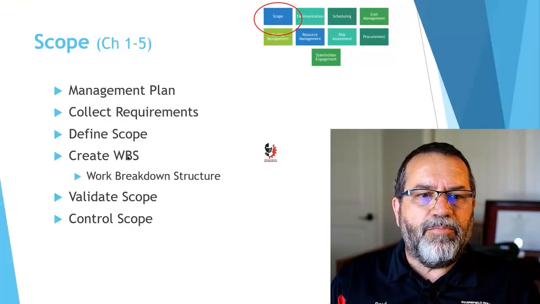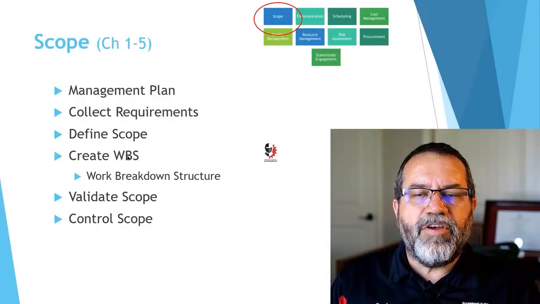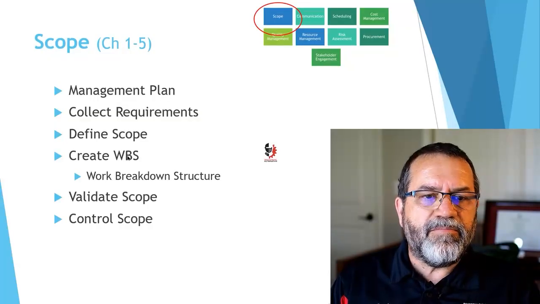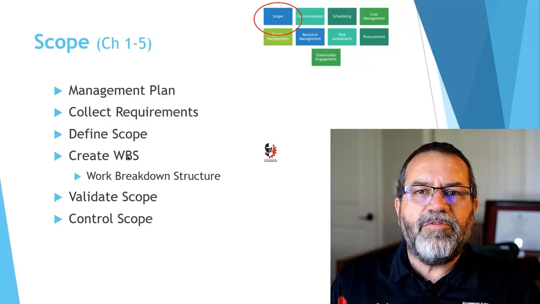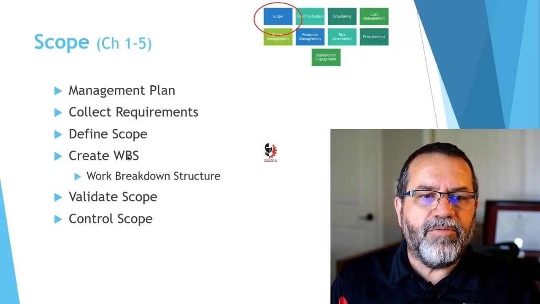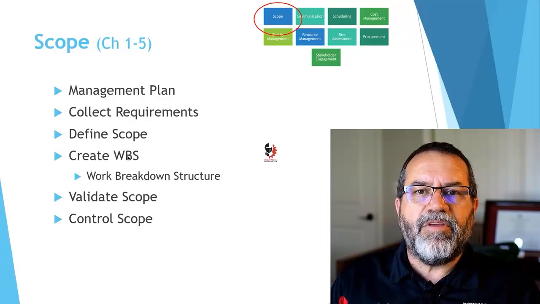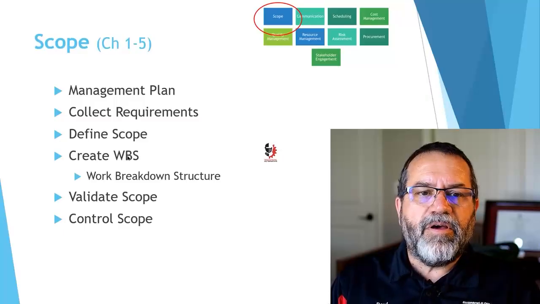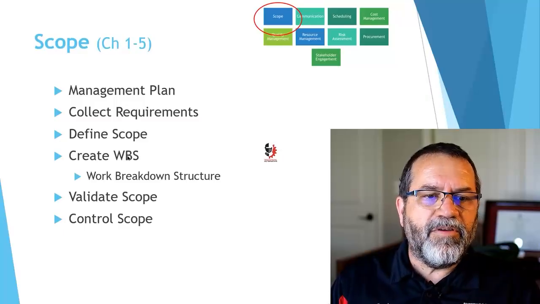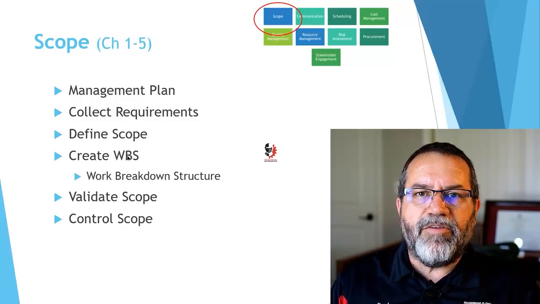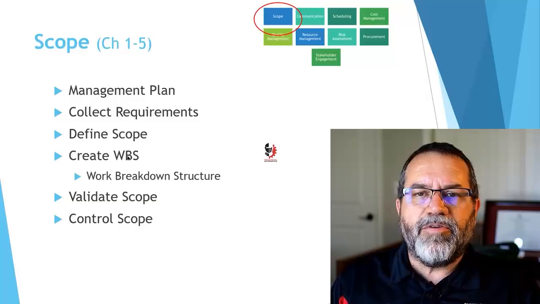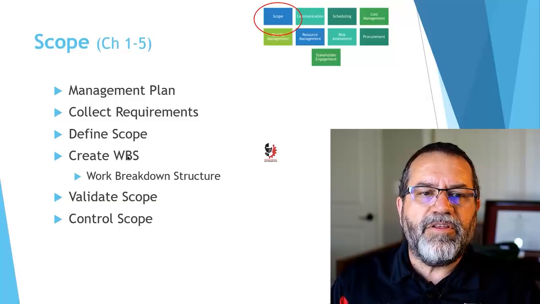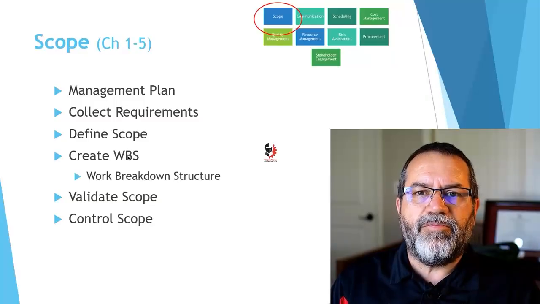The first one is scope. And that's chapter 5 in section 1. The scope is what specifically are we going to do? So you have to gather the requirements, what needs to be done in the project, define your scope, and the reason we have to do that is the charter document gives us kind of an overall picture of what we want, and we need to get right down into the details of what exactly